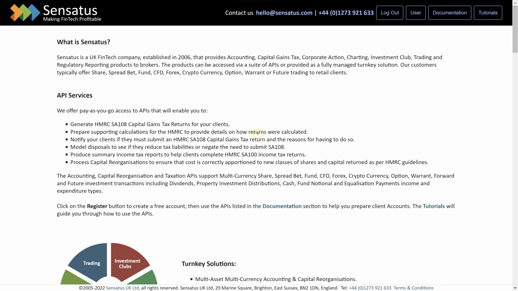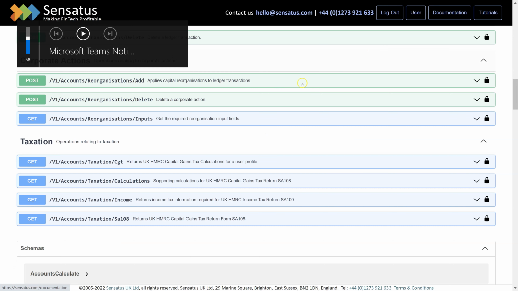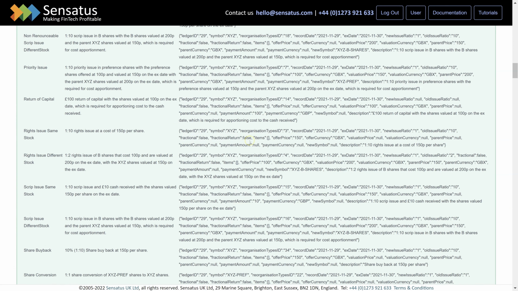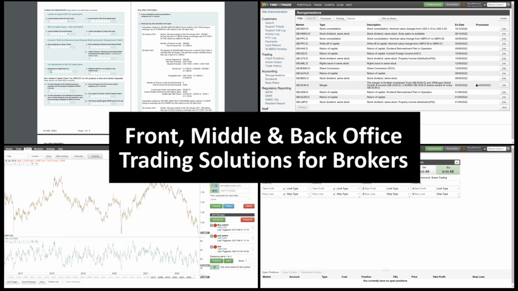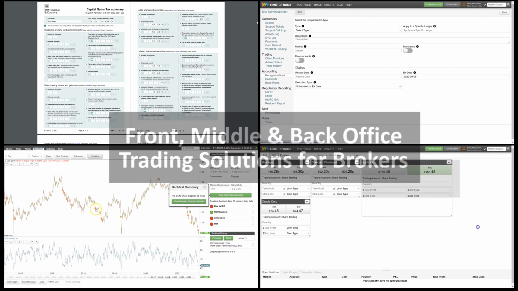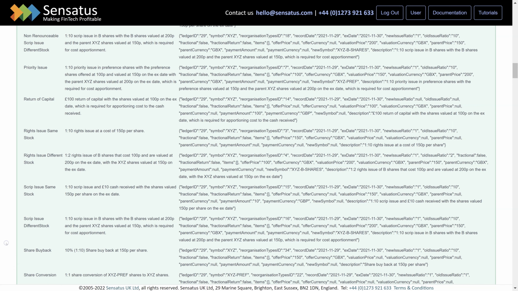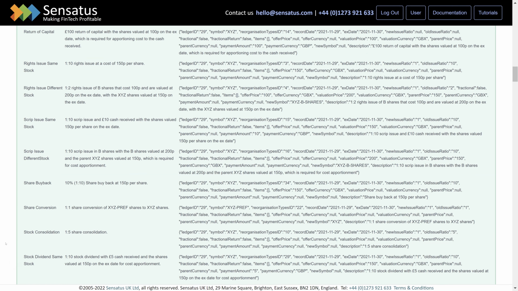This tutorial provides an example of how to use the Sensatus Capital Reorganisation APIs to process a Scrip issue in a different stock, i.e. a client is issued with a new class of security at no cost. Scrip issues are also referred to as bonus or capitalisation issues, and this reorganisation type is applicable to all asset